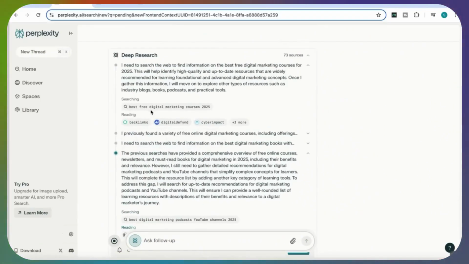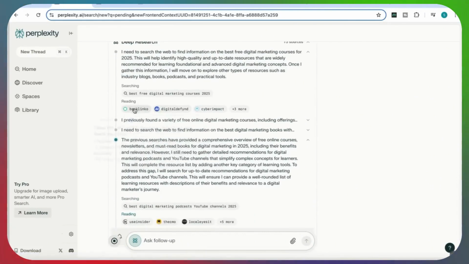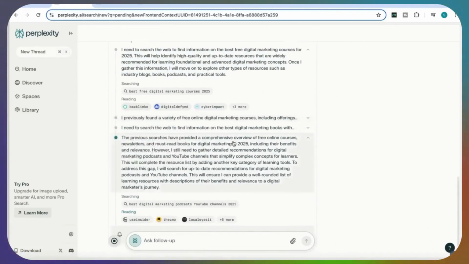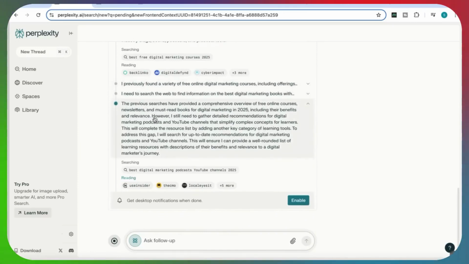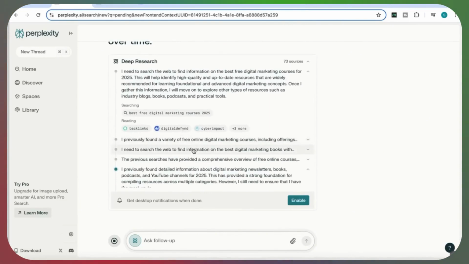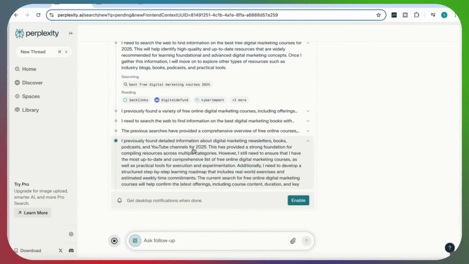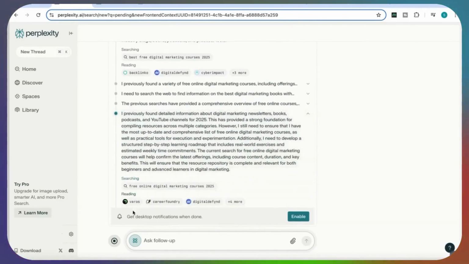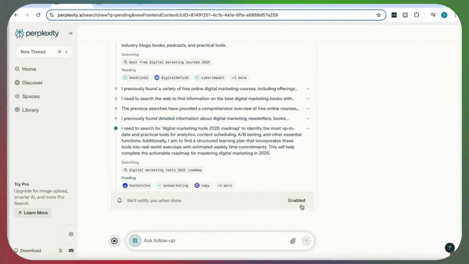And then it's got here keywords that it's searching for, so best free digital marketing courses 2025. Now it's reading the different sources, and then it's telling me where it's found. It keeps going through that until it's ready to develop the report. As it says, it usually takes about 3 to 4 minutes. And you can see here that I've got an option to get desktop notifications when done. So I'm just going to enable that. You can see that I've enabled that so I know when it's done, and I can just go and do something else. And once it's ready, it will send me a notification